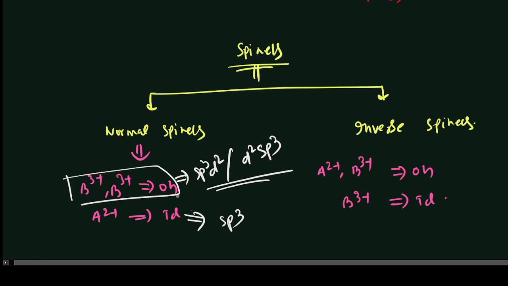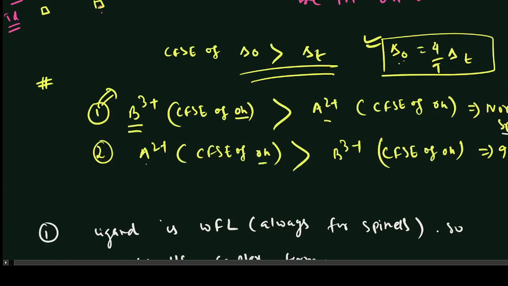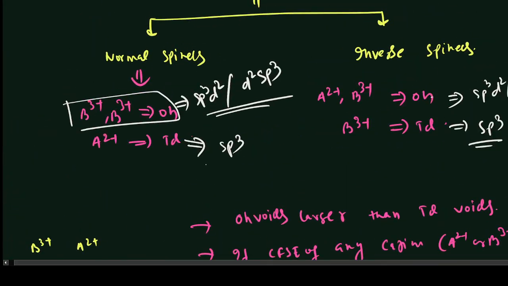So for normal spinels, the hybridizations are sp3d2 and sp3. Okay, for octahedral bonds and tetrahedral bonds. For octahedral it means sp3d2 or d2sp3, in this case sp3. So sometimes they will ask about hybridizations to confuse you. If B3+ is going to octahedral sites, then the hybridization will be sp3d2, and similarly if A2+ is going to tetrahedral sites, tetrahedral means its hybridization is sp3. Okay,